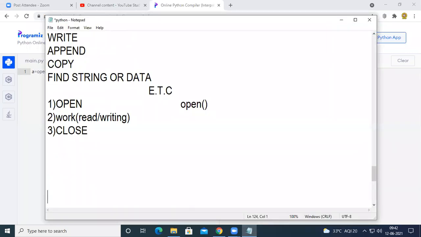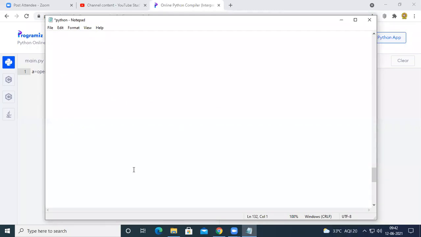This open function is going to take two parameters. Parameter number one, name of the file, and parameter number two, mode of the file.